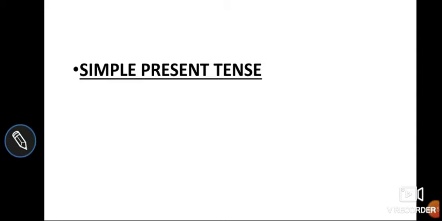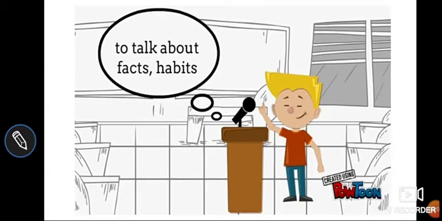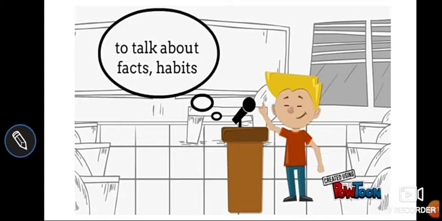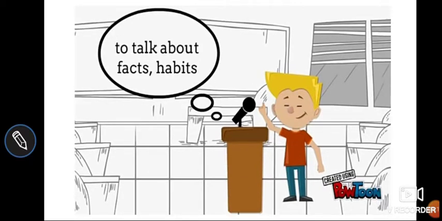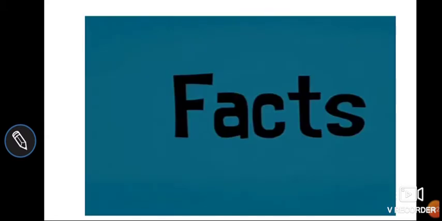Okay. So now, like I told you, we use the simple present tense to talk about facts, habits, and everyday actions. I repeat once again, we use the simple present tense to talk about facts, habits, and everyday actions. Now, facts. Some examples to explain this